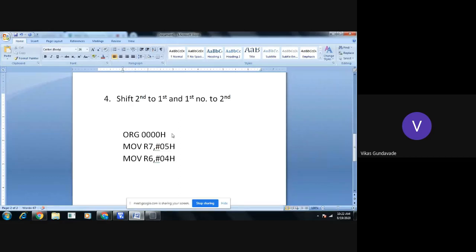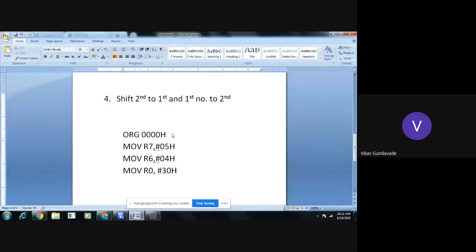Then we will initiate the memory location with the instruction MOV R0, #30h. Why are we taking R0 and R1? Just because these two are pointers. After taking 30h into R0, R0 will work as a pointer, and it will point to the memory location 30h.